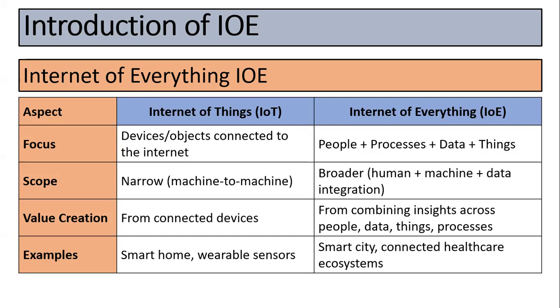ठीक है ना? The next, for connected devices. From connected devices value creation है from combining insights across people, data, things and process. एग्जाम्पल में स्मार्ट होम है, वेरिएबल सेंसर्स है, एंड इंटरनेट ऑफ एवरीथिंग में स्मार्ट सिटी है, कनेक्टेड हेल्थ केयर इकोसिस्टम। दीज आर द एग्जाम्पल ऑफ इंटरनेट एवरीथिंग।